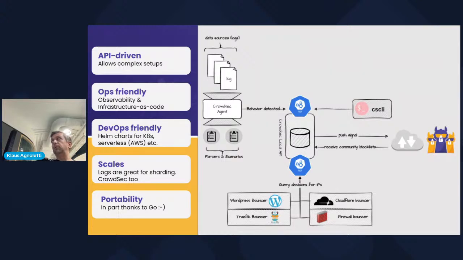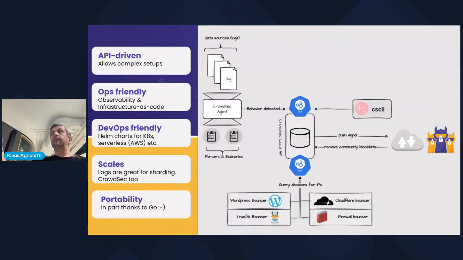The CrowdSec agent pushes signals back to our central cloud, and the bouncer, which is the IPS part of CrowdSec, queries the CrowdSec agent over REST API to find out which IP it should mitigate or block. It also supports notifications, also via API.